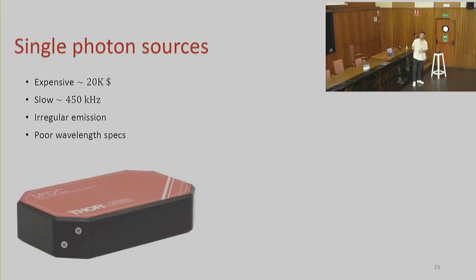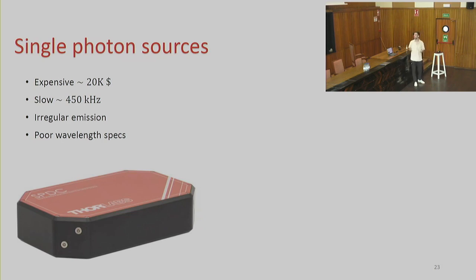For example, single photon sources, which could be one of the things we use to emit photons, are irregular. They're unreliable in the firing times, so we wouldn't know when our photon is emitted, and we have some difficulties getting there at the same time. Then they also have very poor wavelength for these applications, and they're expensive and